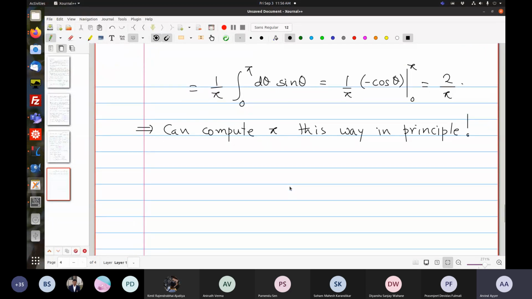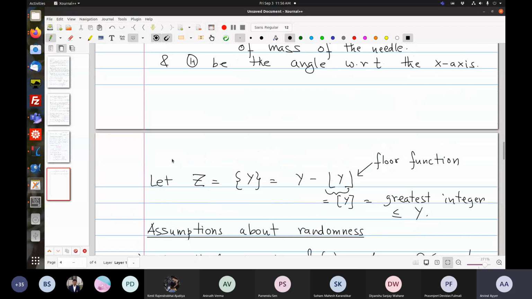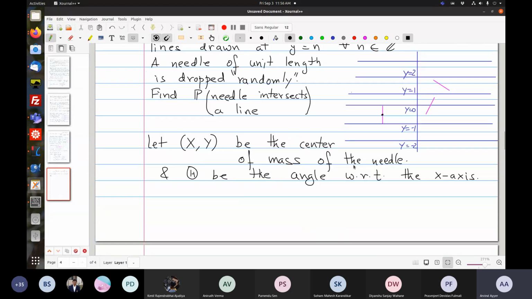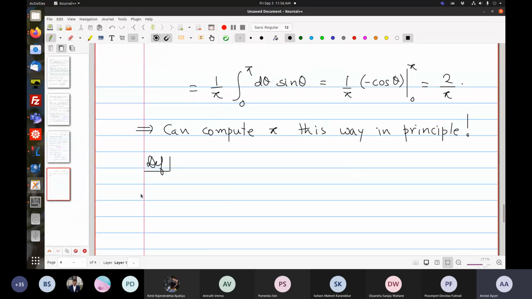All right. I'm running out of time. Just like I gave you this exercise for computing the marginal PMF, I can also give you an exercise to calculate the marginal densities. But before that, let me define them. If (X, Y) is a continuous random vector with density, that is joint PDF f_{XY}(x, y),